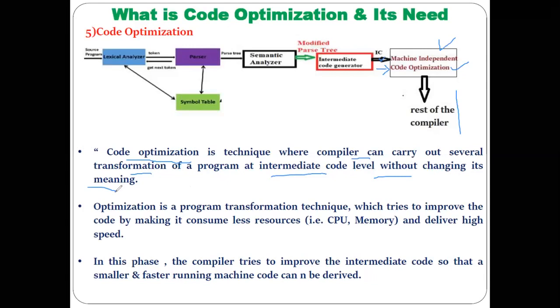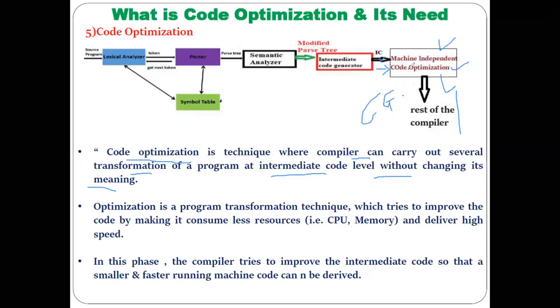Okay. Now next thing is, why is this code optimization called machine independent? The main reason is that we perform this code optimization before the code generation. Code generation is the last phase of the compiler. So we do this code optimization before the code generation, and it doesn't have to think about anything related to the instruction set of that particular machine, or the registers of that machine.